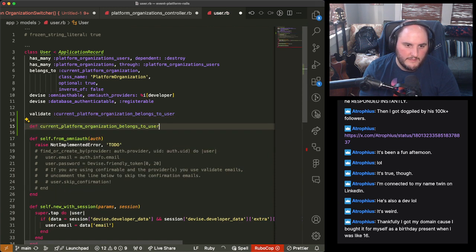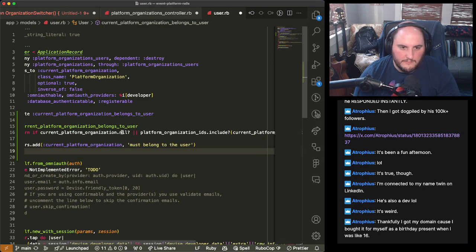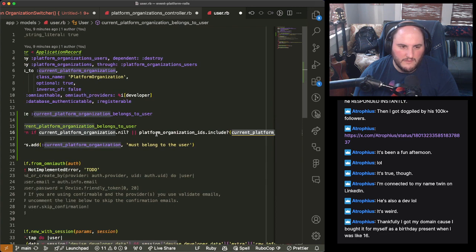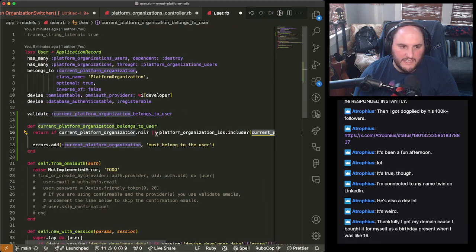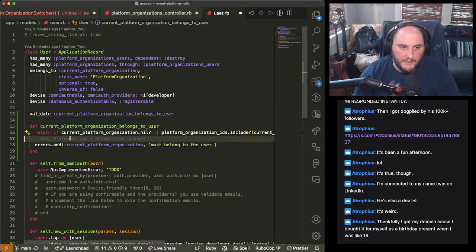Yeah. Let's see. If current platform organization is nil, fine. If platform organizations includes current user, current platform organization ID. Yeah, if everything's good there, you can add it. Otherwise, there's your error.